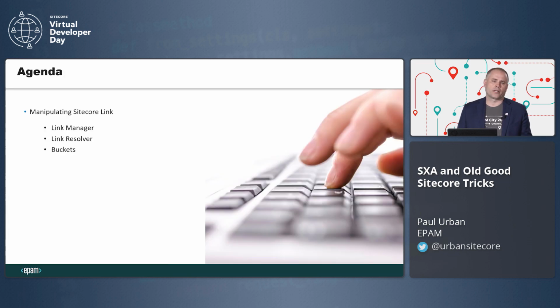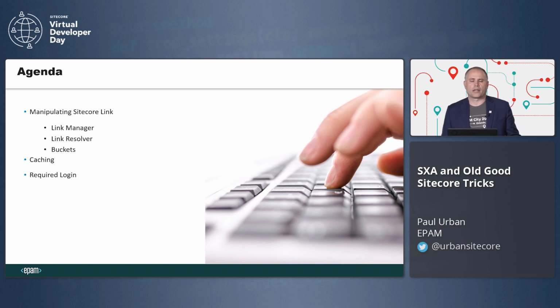So today I'm going to talk about a few topics. First of them is manipulating Sitecore links. In order to do that, we have to create a link manager, link resolver, and buckets. I'm going to talk about SXA caching, which is slightly different than what we used to do, and also the good old tricks to make sure that we didn't forget any component to be cached. And also, if there's a need, we can set up our site in order to require login. So I'm going to talk about all those topics